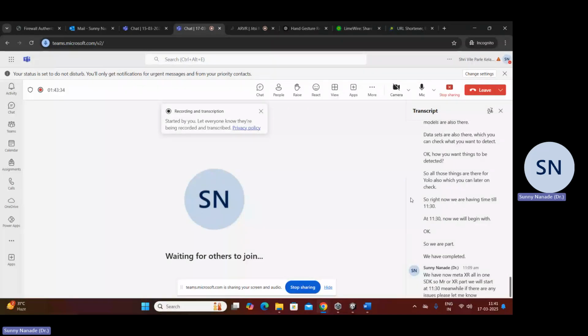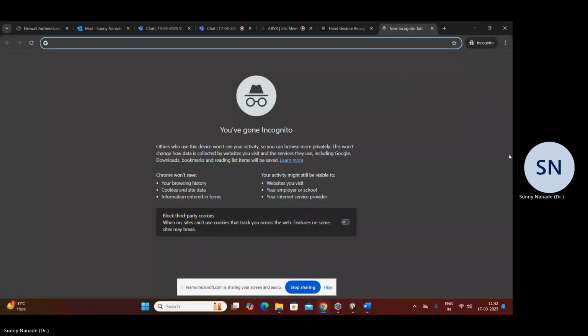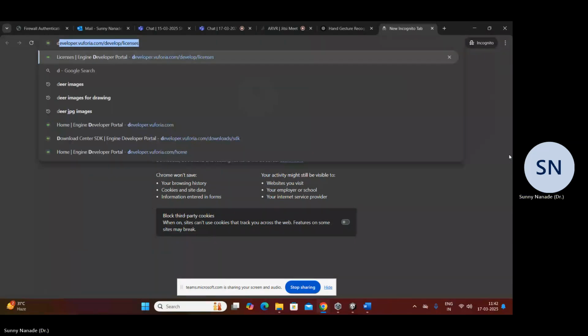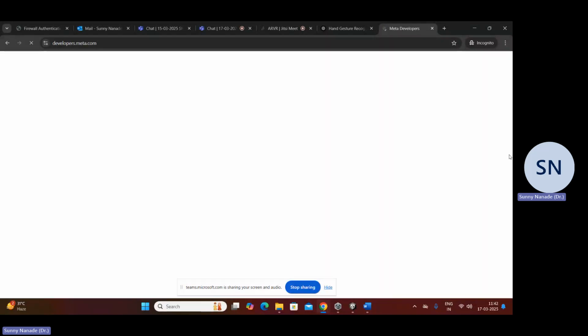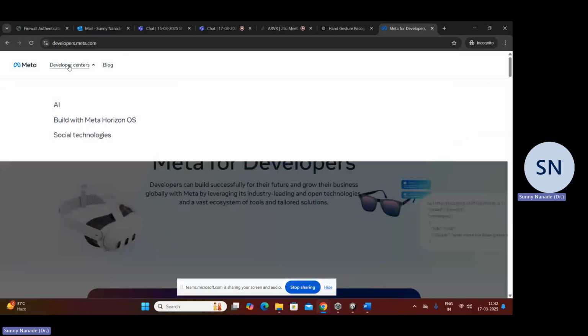So let us now start with the MR or XR part. For this, there is one thing you all need to do. Whatever steps I am going to repeat are there at a URL called developers.meta.com. You can also open this if you want. On the top left side where there is a menu, you need to click on build with Meta Horizon